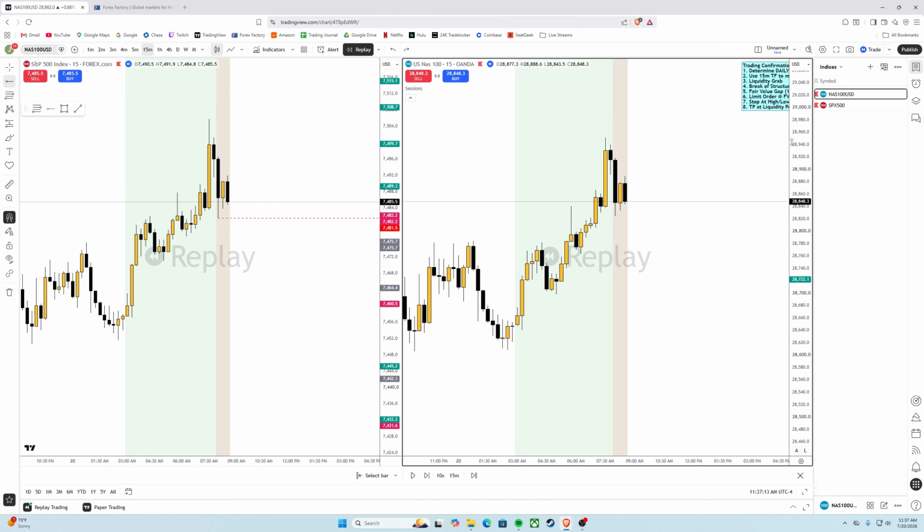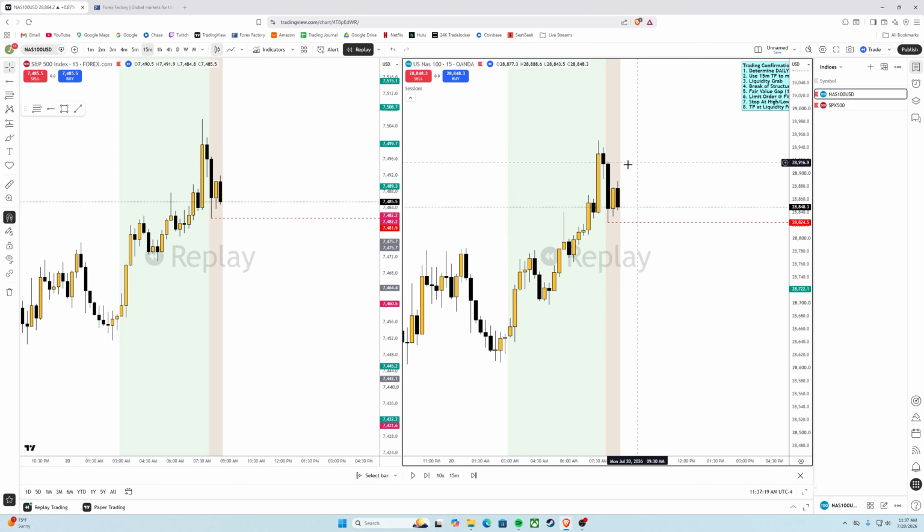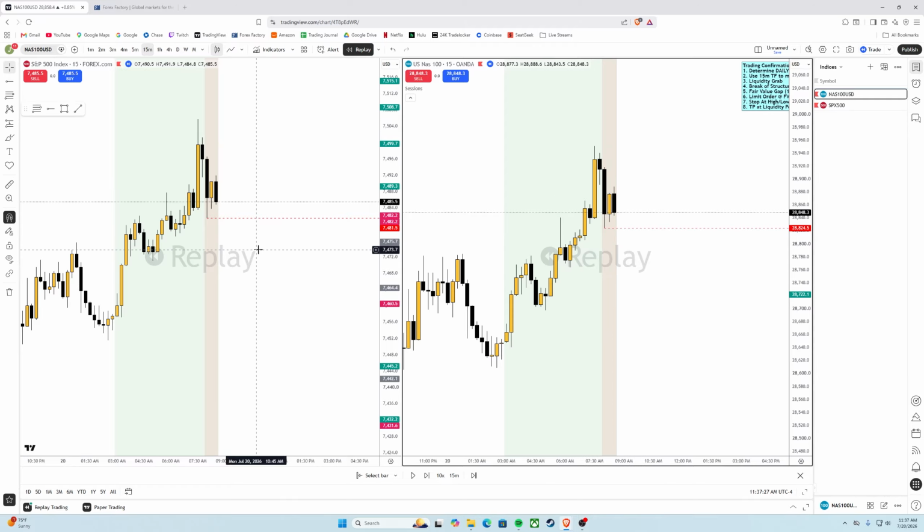Now if we look at the NAS, this gold candle is the 8:30 candle, 8:15 to 8:30. We look to the left, and the most obvious swing low is this swing low right here, because the candles to the left and the right are both higher. Now we marked our point of interest.